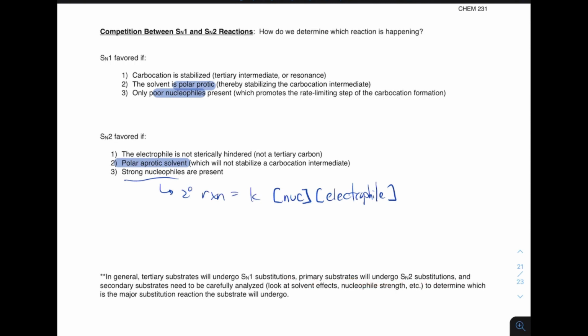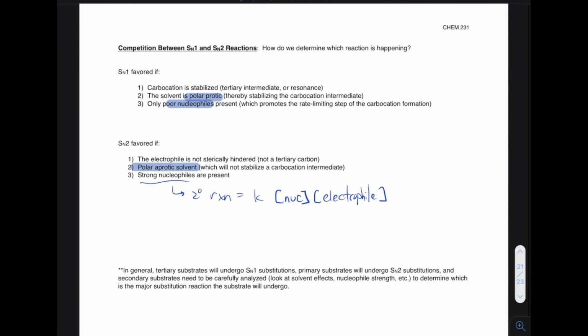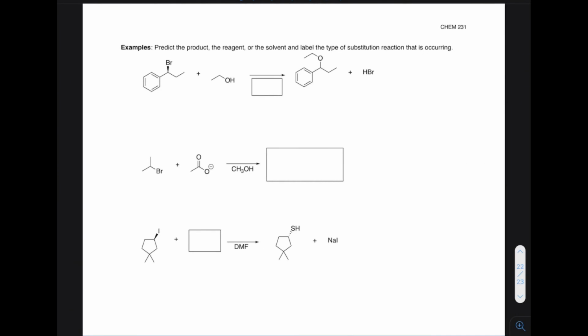The only time you have to really decide whether one is happening over the other is pretty much when we have a secondary carbon, right? And that's when we'll need to look at the solvent, the nucleophile, the leaving group, in order to determine which is happening. And so in lecture, we'll go through these 5 different reactions,